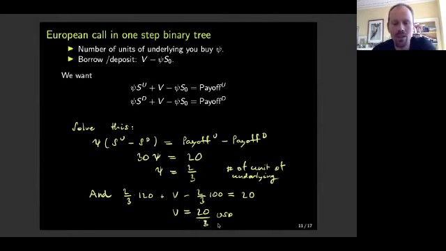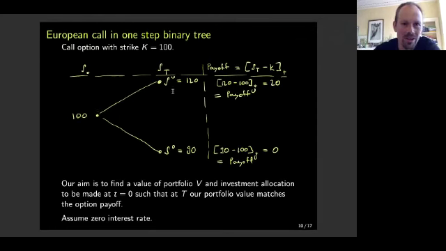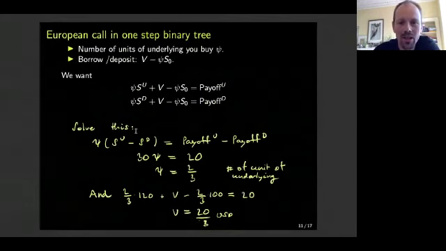So just solve 2 linear equations with 2 unknowns, and you know how to price an option in a one-step binary tree model. So that's quite nice, nothing complicated about option pricing. I wouldn't recommend going to the market with this, but it's a start in understanding.